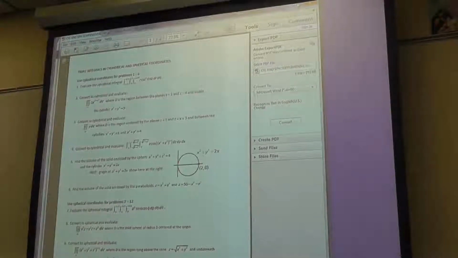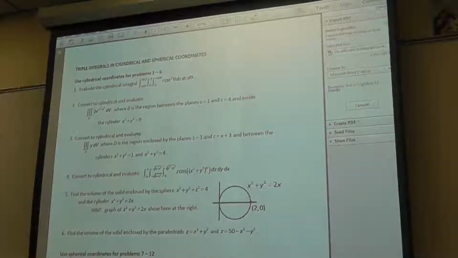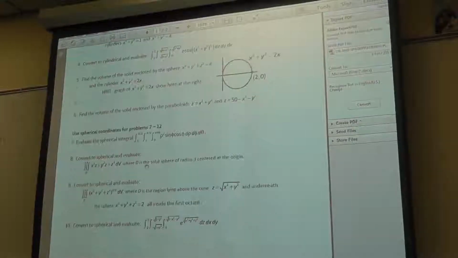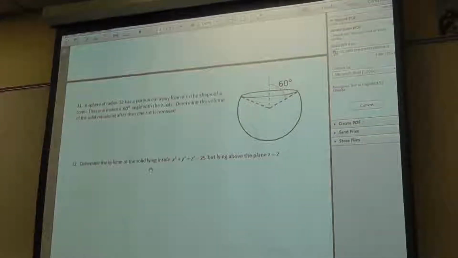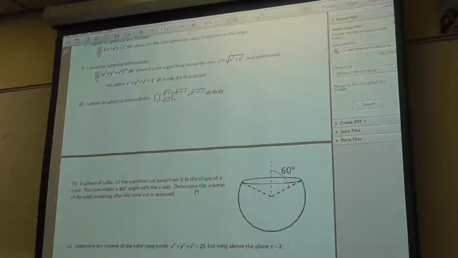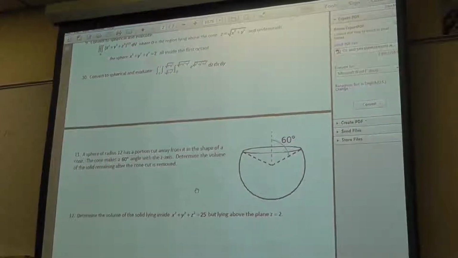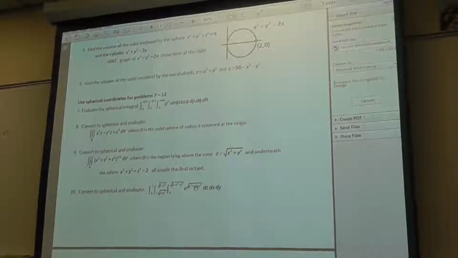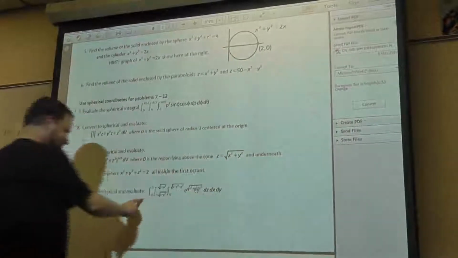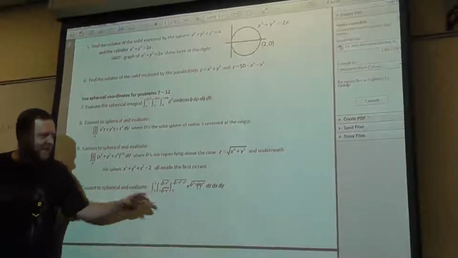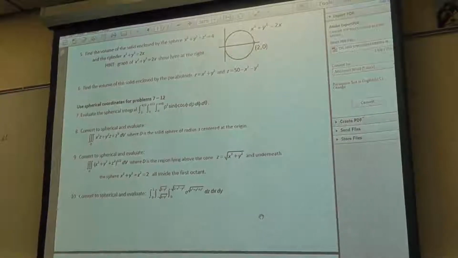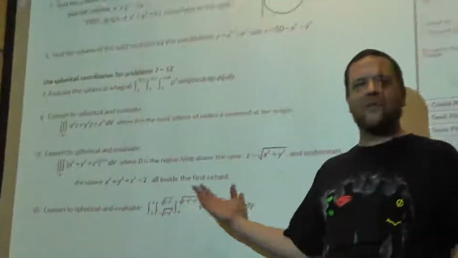So these are some of the problems I've got for cylindrical and spherical. And I've got them separated. The first 6 are devoted to cylindrical, the last few are devoted to spherical. That's a pretty lame picture, but you can tell that was made in Paint. And there's a few where I probably should have put a picture in here, but I didn't. Like this one. You may not need a picture for this one, because this is one where you're just converting from rectangular